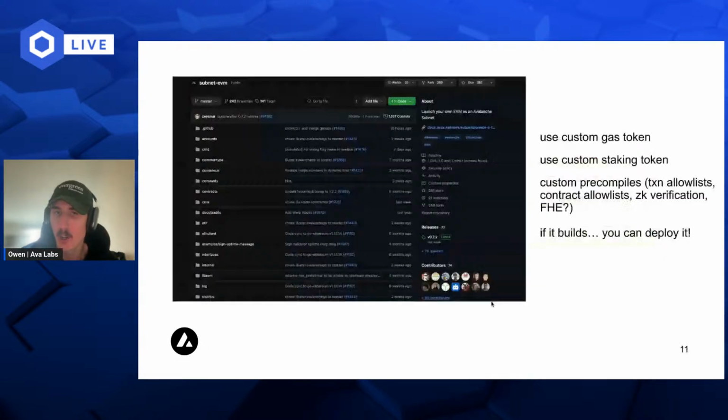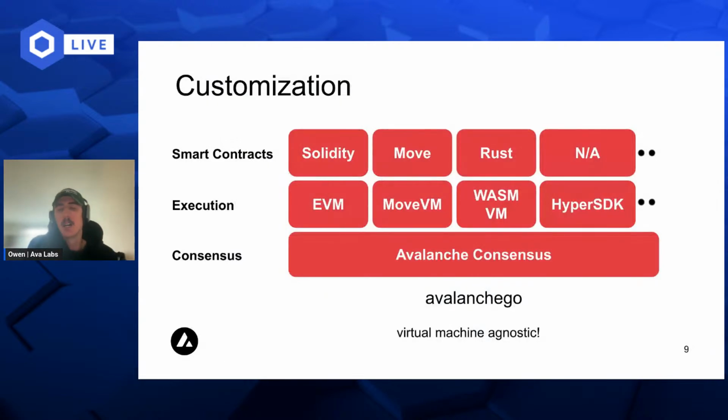So AvalancheGo is our Golang library that essentially links all these components together and pretty much is the consensus engine for Avalanche. So if you're a developer and want to launch your own blockchain, you can take the EVM, you can take MoveVM, you can take Wasm VM, you can take the Solana virtual machine, and we have another SDK that's specific for building blockchains called HyperSDK, which I'll touch on a bit more later.